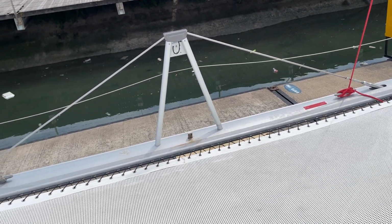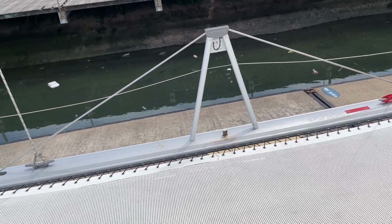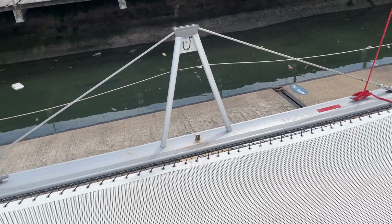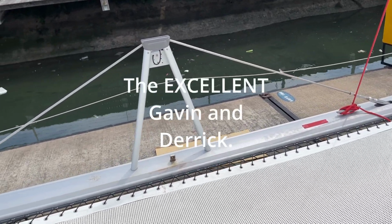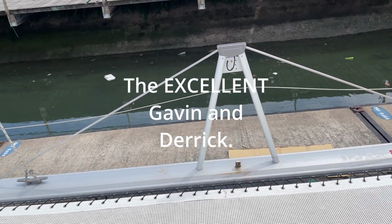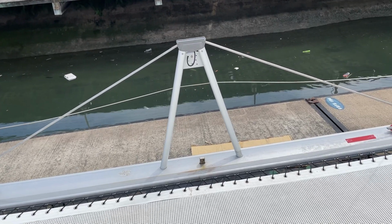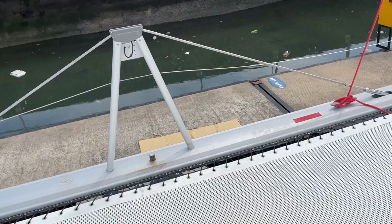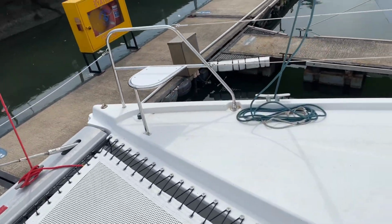It's now the 4th of January and people are back at work, and as a result we've had the experts over to check on our furler and what the situation is, and the upshot of it all is we've got the forestay down again. It's missing. It's actually down here on the dock,